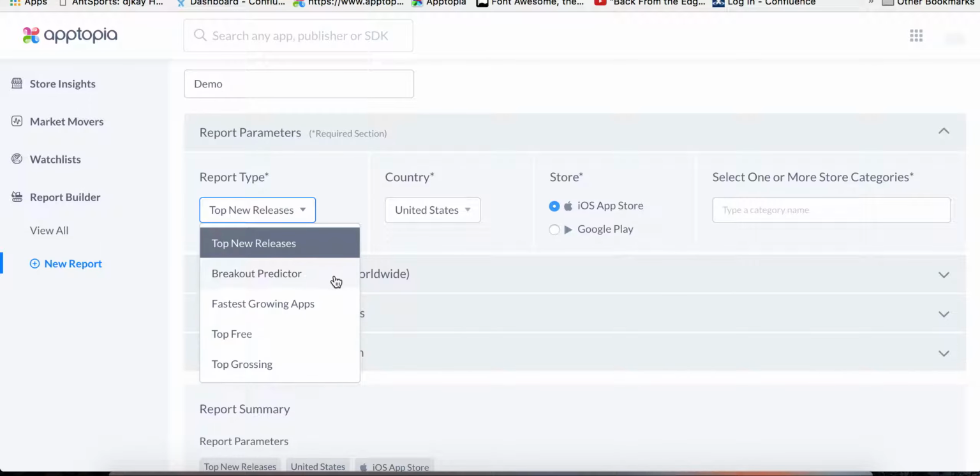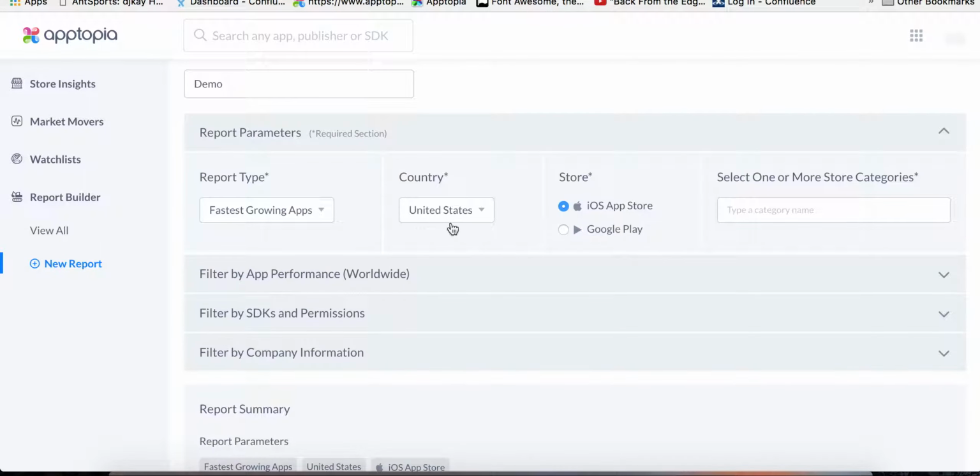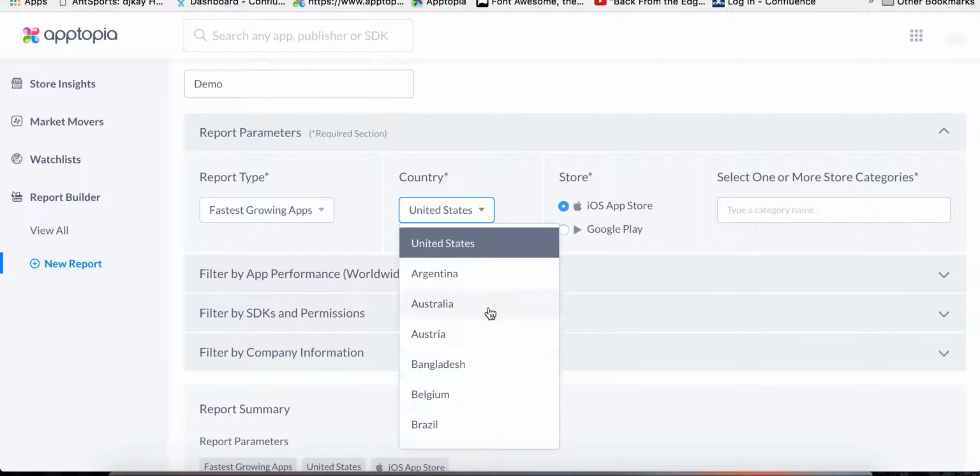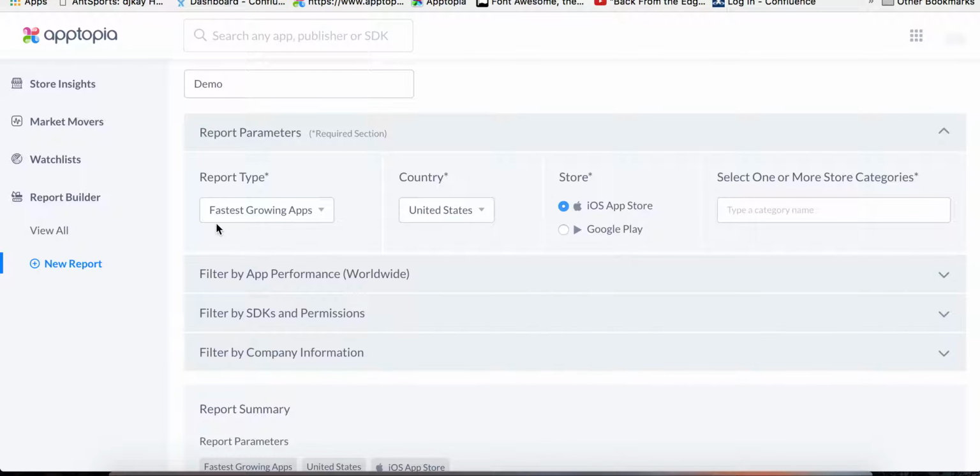Maybe you're looking for fast-growing apps, breakout apps, new apps. You're looking for highly downloaded apps or apps that make a lot of money. Let's start by just looking at fastest-growing apps. As with pretty much everything on our site, you're going to be able to break this down by country. So if you want to see the fastest growing apps in a specific country or a specific store,